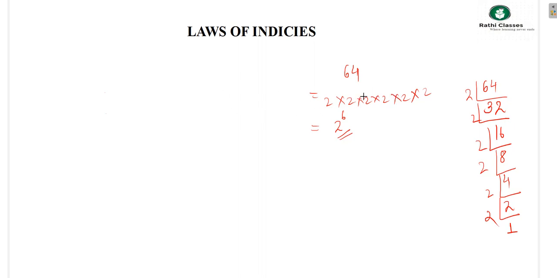In this case, the property used, as you can see, is that all the multiples are 2 with power 1. So it is just the additive property of the powers. That is, if I have the same base, 2 is my base and all the powers are 1. How many times is 1 repeated? If I add, it will be 6 times. So the value is 2 power 6. So the first property is: if x power m into x power n, that is, if the bases are the same, then the value will be the addition of the powers.